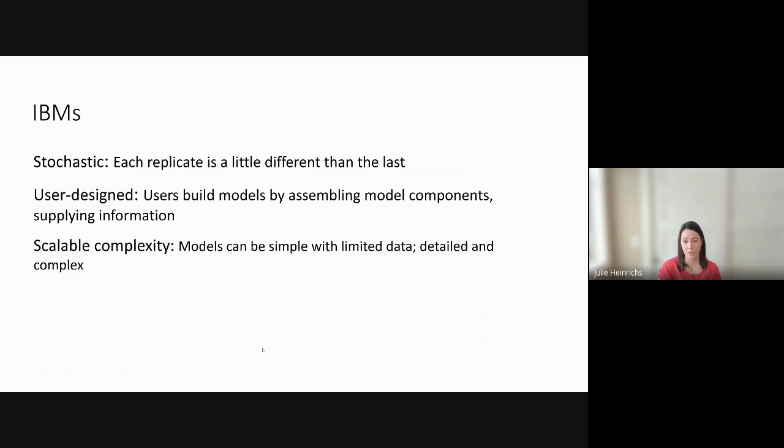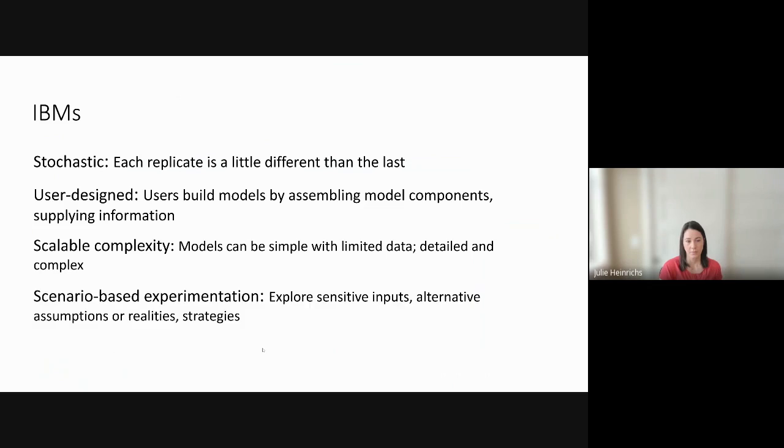And they're scalable. So if you're using a flexible platform or creating your own, you can make a model that is incredibly simple and incredibly fast, and really parsimonious. And you can also make something that is highly realistic and detailed and complex, that is a very convincing analog of a real system. But one of the strengths is this scenario-based experimentation. So when we're thinking about uncertainty and potential future alternatives, exploring a number of different options is a really interesting